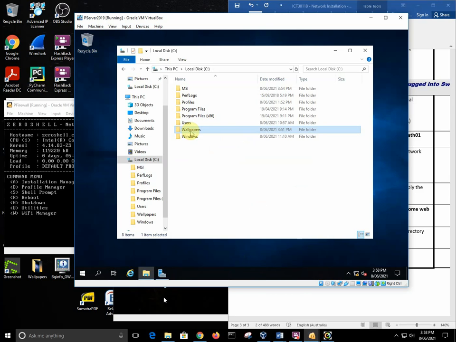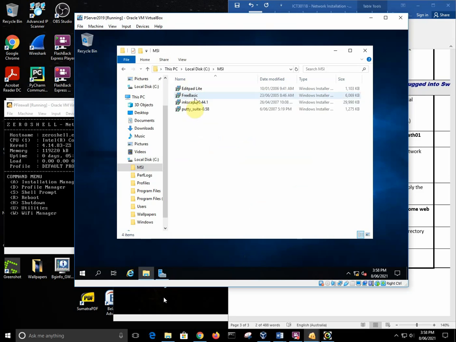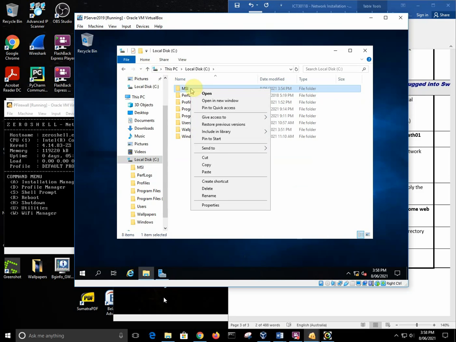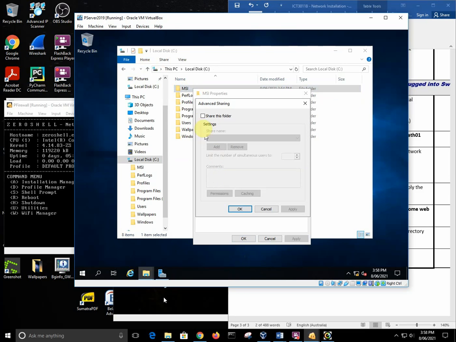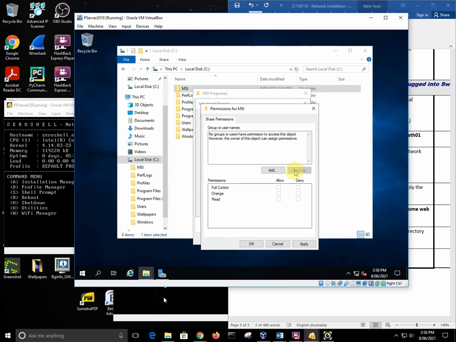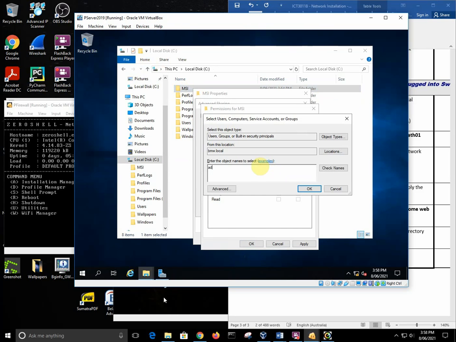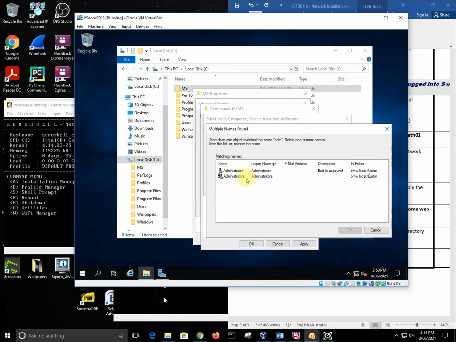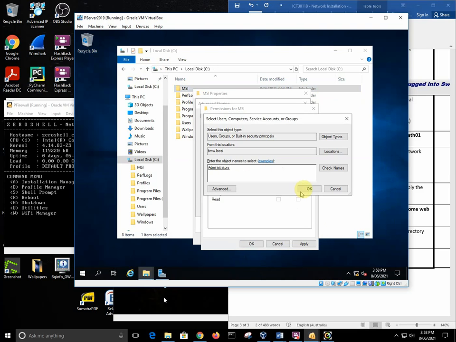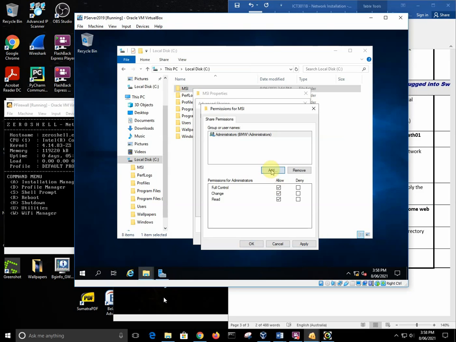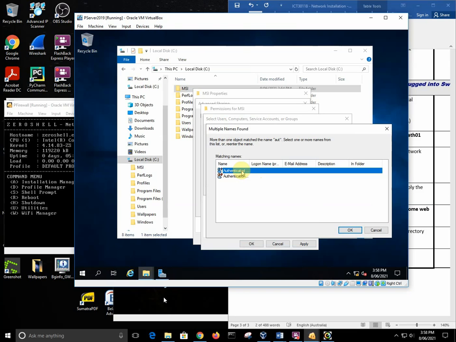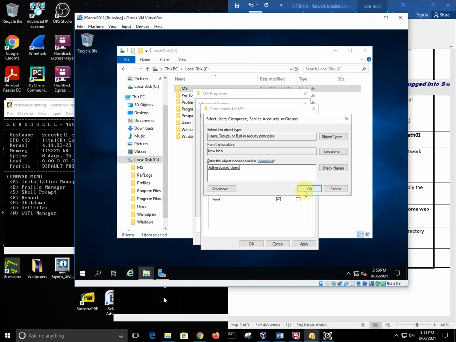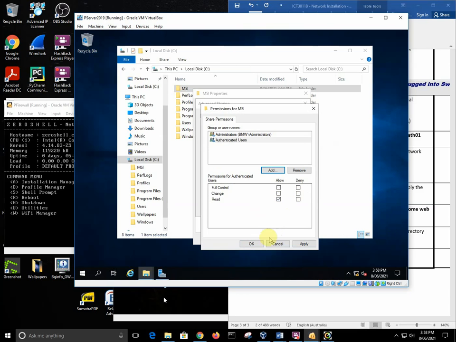And we're going to do exactly the same for our MSIs. These are our applications that we're going to install via group policy. So we're going to go properties, sharing, advanced sharing, tick the box to share it, and then look at the permissions, remove Everyone out of it, and then add in the administrators group. So there's the administrators group, and go OK, give them full control, and then add in the authenticated users, AUT, there's the authenticated users, and they get read only. So that's OK,